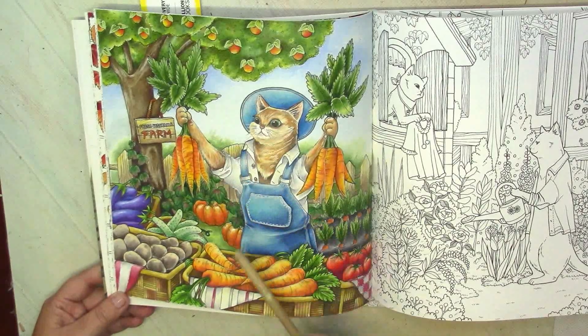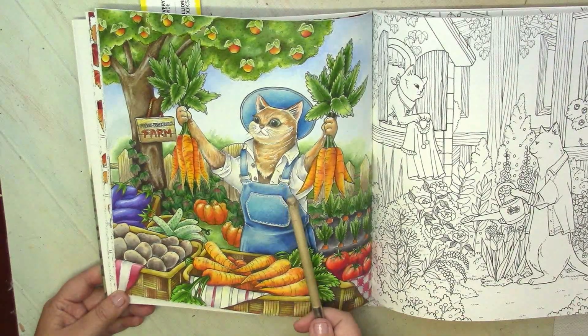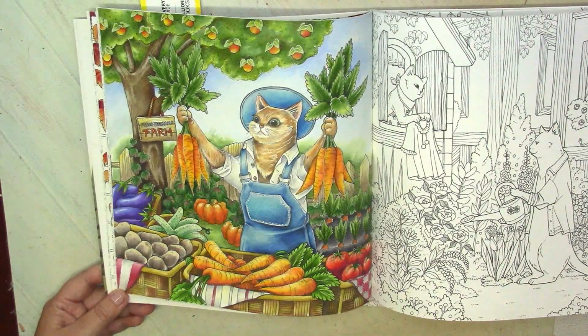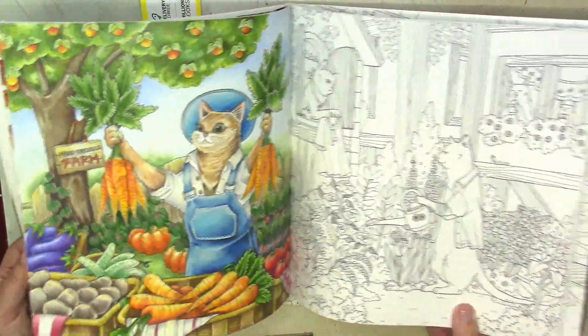Then even the background with pencils was easy to do. I absolutely love this cat in jeans clothes, and it was fun to color all the vegetables. To test the paper, I did the next page